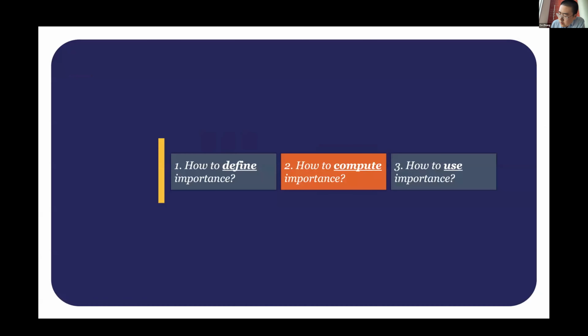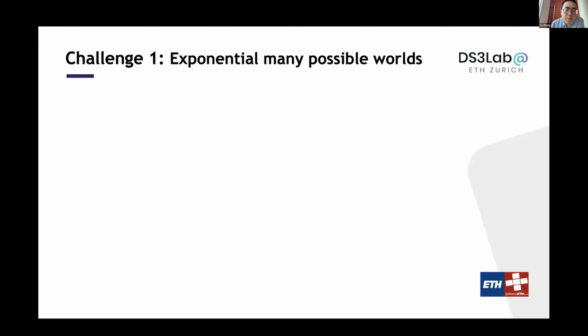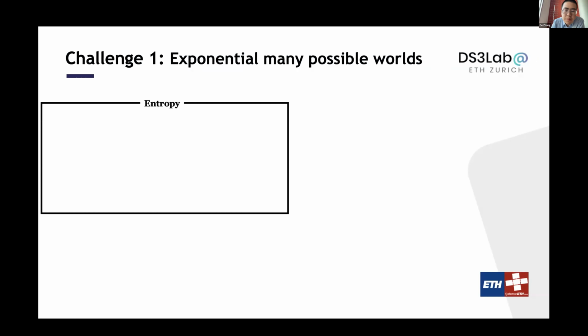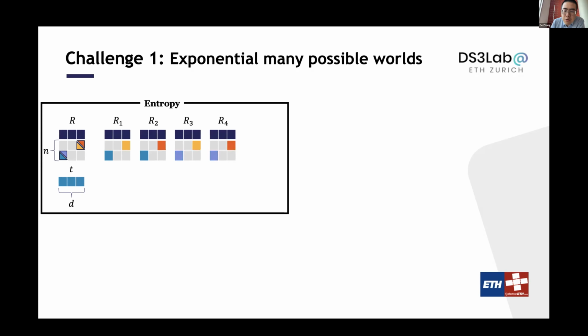But the second question is, once we design these importance metrics, how can we compute them? There are two fundamental challenges that we are facing. First, many of those very beautiful importance notions are very hard to compute. Just think about entropy, right? You have a data set with a whole bunch of noise. So what should you do? You need to enumerate them into a whole bunch of possible worlds. For each one of them, you train a single machine learning model. So there are exponentially many of those possible worlds and exponentially many machine learning models that you have to train.